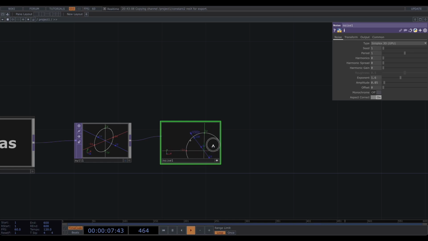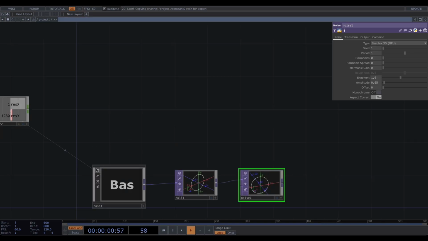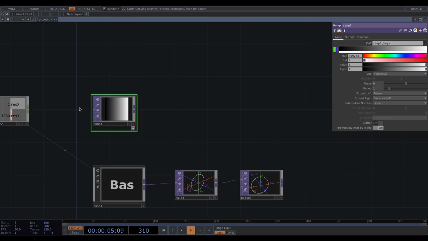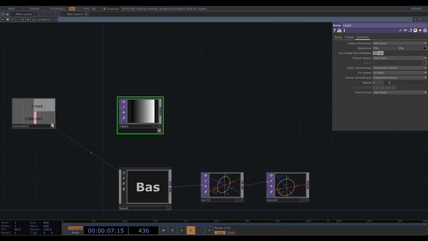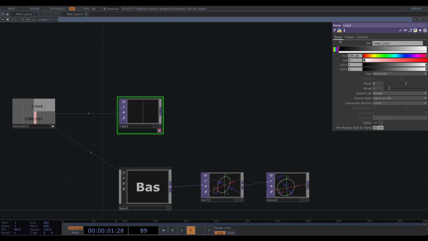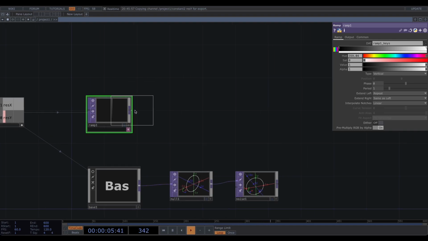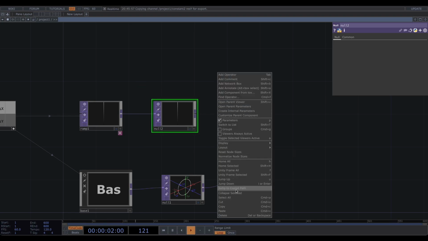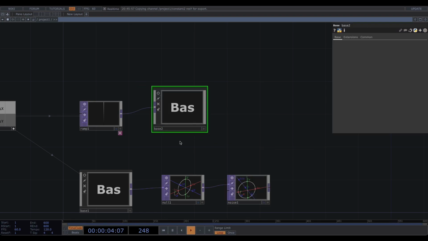Now we have our circle that moves slightly. Our second component, we're going to need a ramp, the same ramp as last time. We set x, y, change it to vertical. Then let's put this into a null. Select this, right click on the side, collapse selected. This is going to be called life component